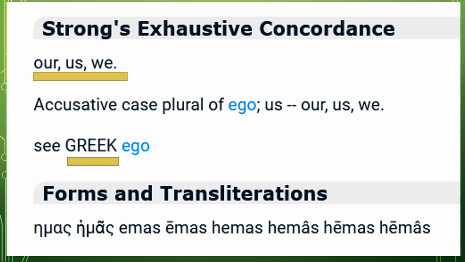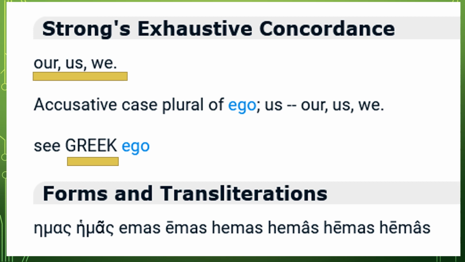And then you see that it is an accusative case, plural, of ego. So it goes into Greek ego. So you can look that up if you want to do a little bit more exploration on that. If this is something that you already have an answer to, that would be great. There has been extensive research done trying to get an understanding of how other people were understanding that construct of us or our. And the understanding, as far as the research has gone, is that people have understood it to mean the general idea of us, our, we.